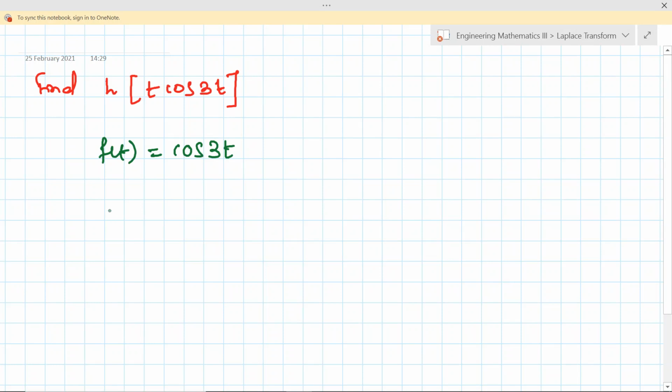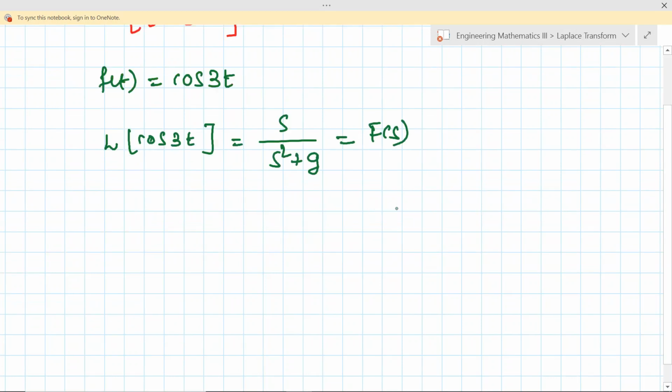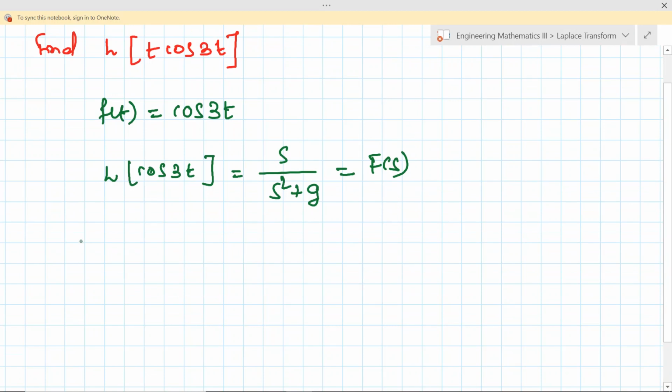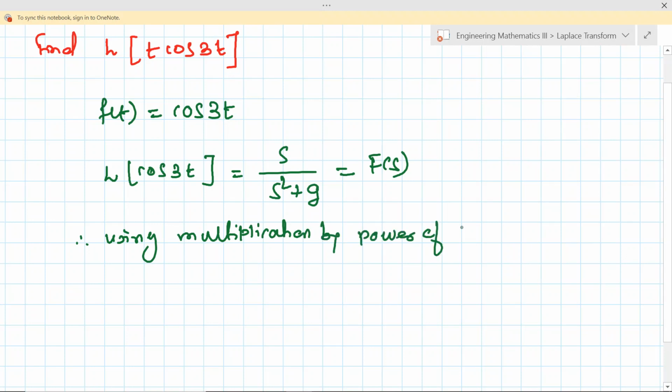Find out the Laplace of this. So the Laplace of cos 3t is equal to what? This is simply s upon s squared plus 9, and this is my F(s). Therefore, using multiplication by power of t, what do I have? The Laplace of t times cos 3t is equal to